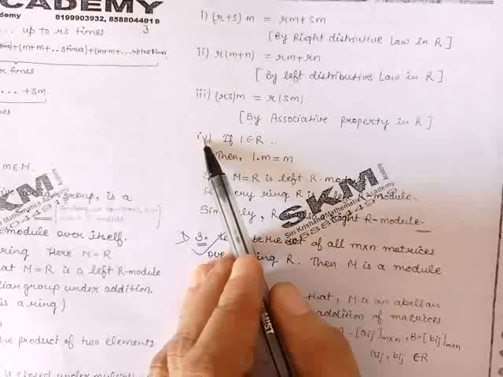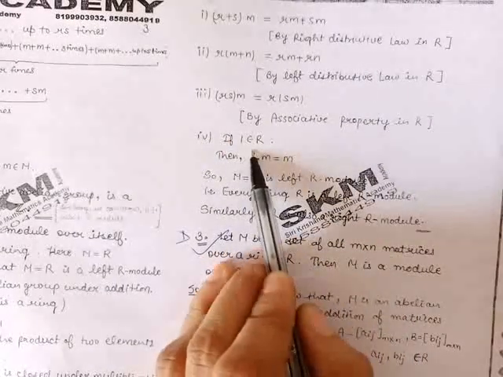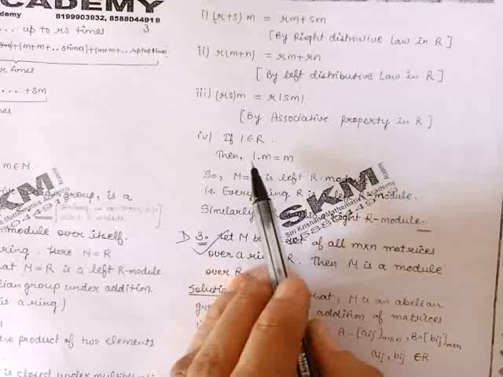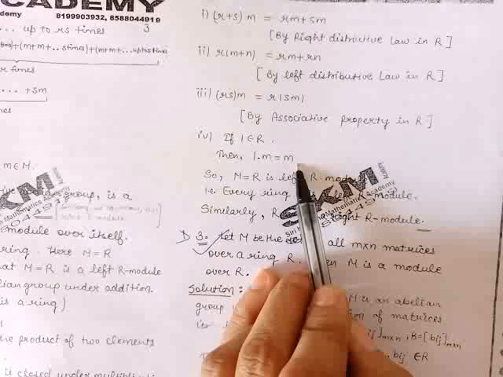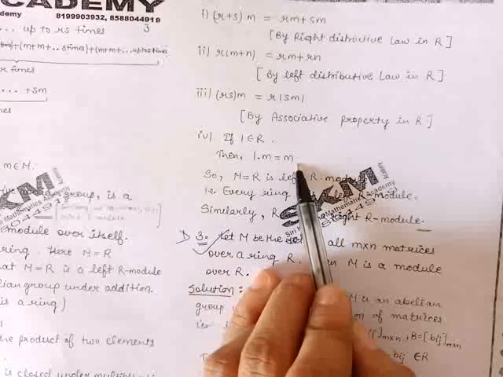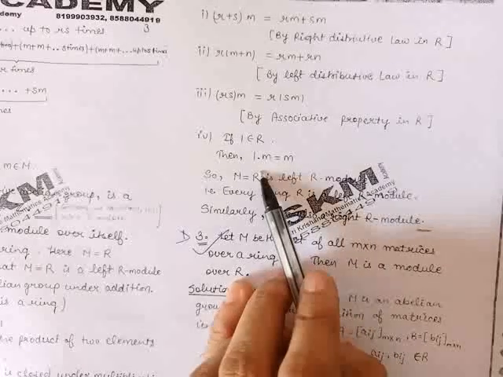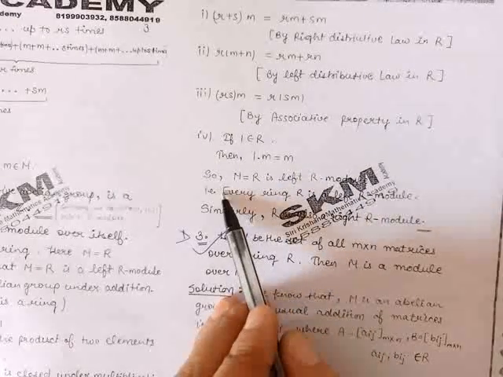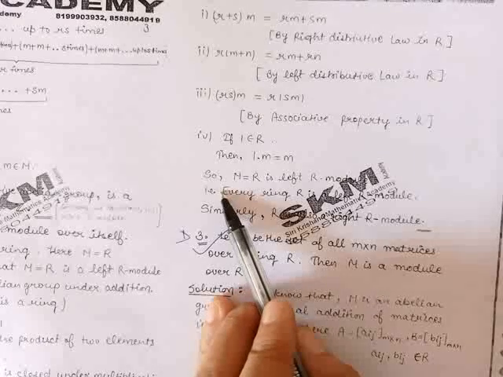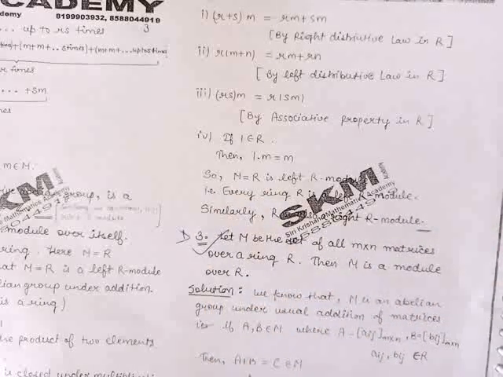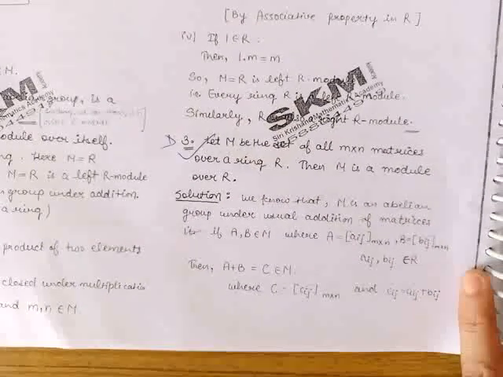And the last condition, if the ring has an identity element, in that case identity into M is M. So all the conditions for being a module are satisfied. So we can say that every ring is a left module over itself. Similarly, we can prove it is a right module over itself. Now, our next example is